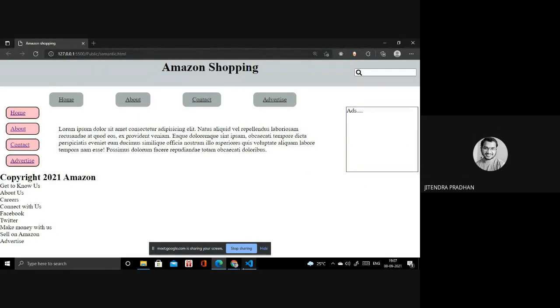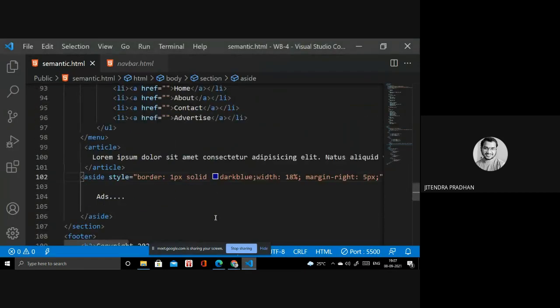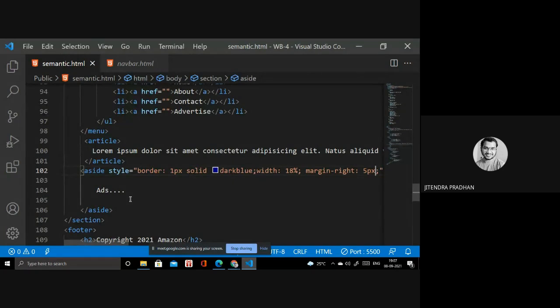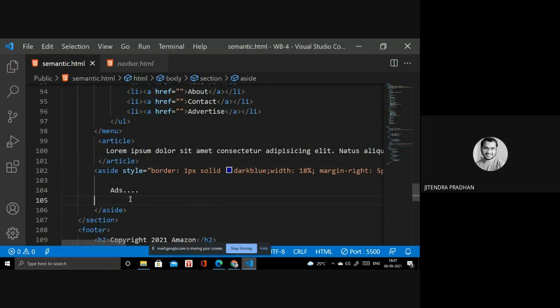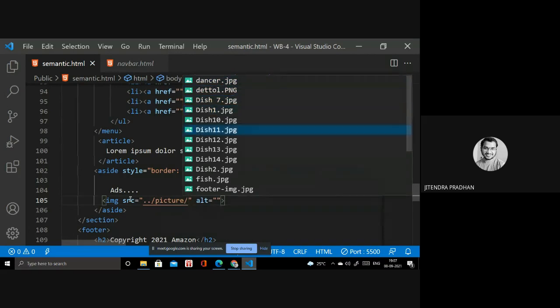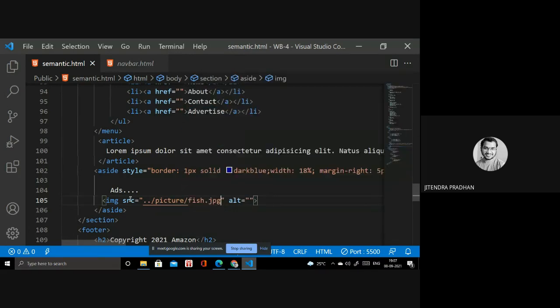So next we have to design the footer part. Let's see how we need to design that one. If you require a particular image, then you can. If I give any image inside src ../ inside we have pic, I think picture. Okay, picture. And if I give a fish, inside I will write alt text is fish, and I will give width 50 pixel and height also 50 pixel.